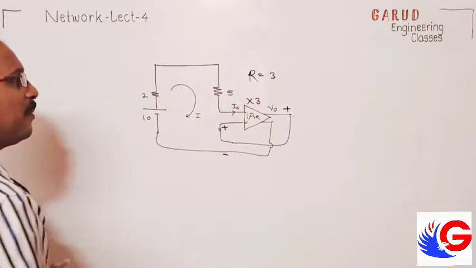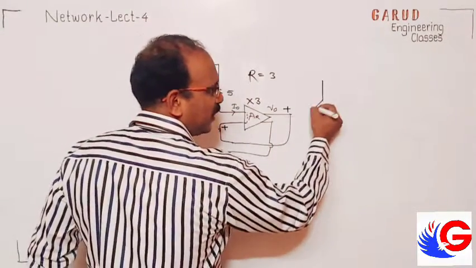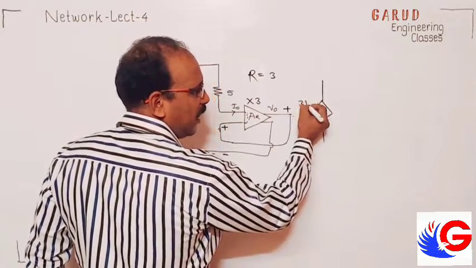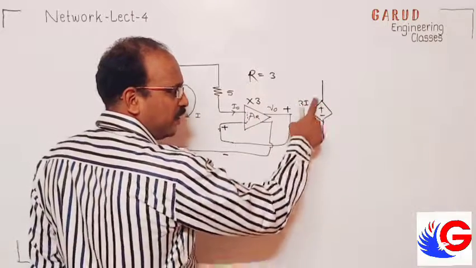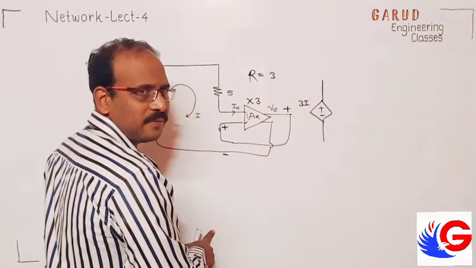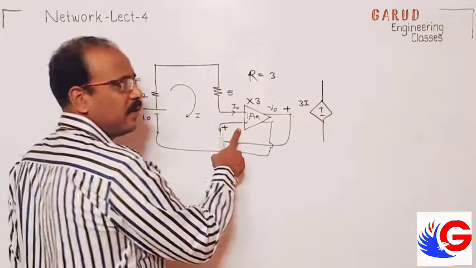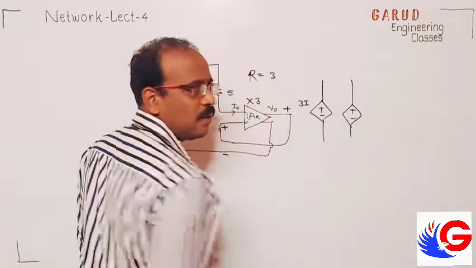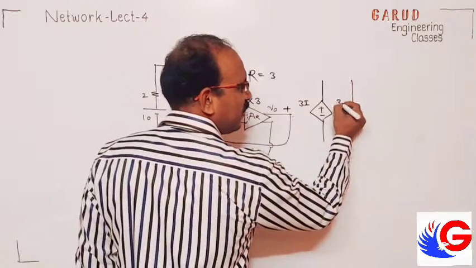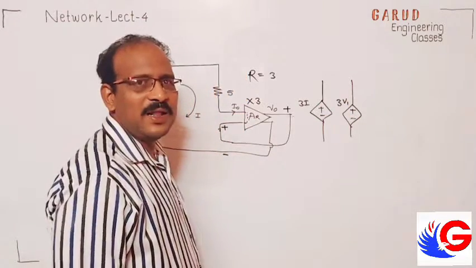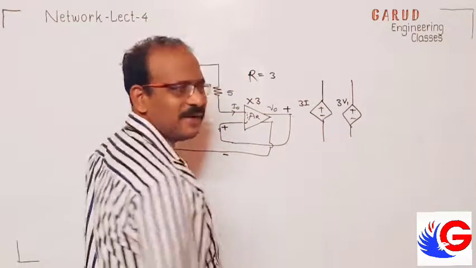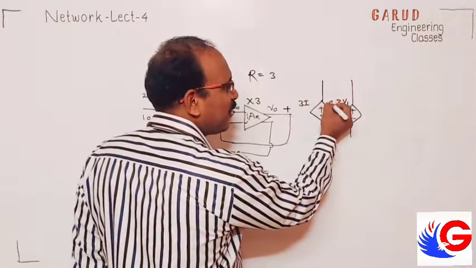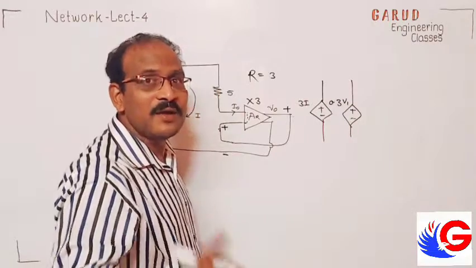So then what type of amplifier? Suppose I want to present it like this. Okay, the first thing is 3I, as I told. It is sensing current, but it is voltage. Now suppose I say this is a voltage source, but it is sensing some voltage from another side. So it is a voltage amplifier. Why amplifier? Because it is multiplied 3 times. If I say 0.3, then it is not an amplifier, it is an attenuator.